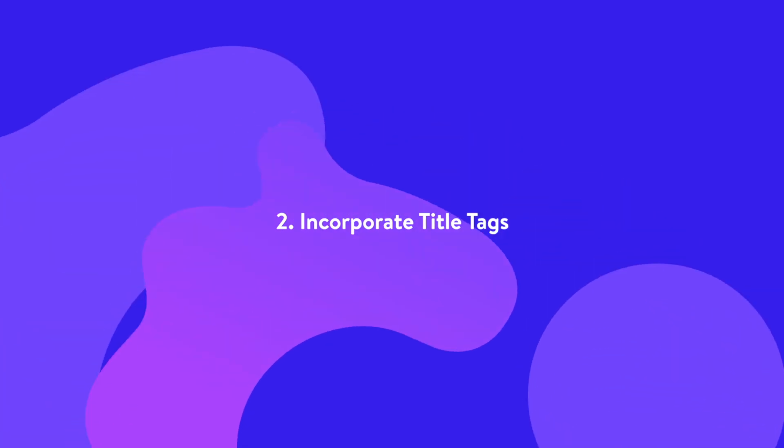It's important that you include your main focus keyword in your blog post or page title tag. In the past, SEO experts recommended placing your keyword at the beginning of the title whenever possible, as this would carry more weight in search engines. In 2021, this approach is slowly losing advocates,